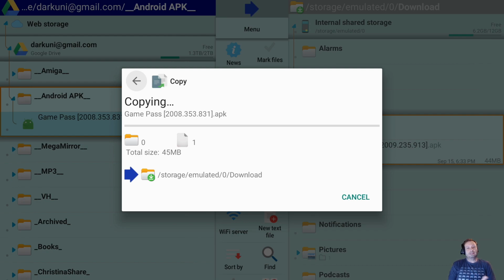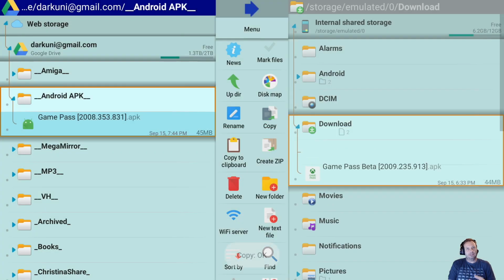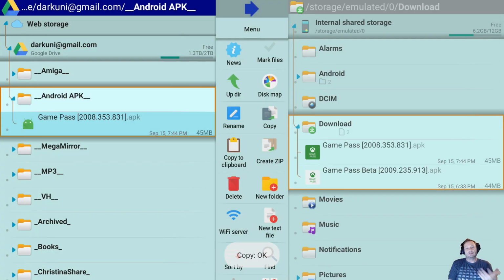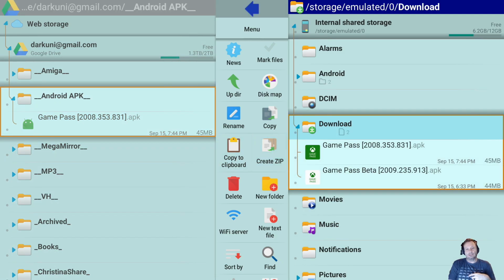Now you could have done this a majority of different ways. I mean, you could have used a USB memory stick. There's a number of different things you could have done, but in this case, this is how I choose to do it because this is really quick and easy. I mean, I'm going through the whole process, but if you have an updated APK and you need to move it over to Drive and then bring it back down to your Android TV, that takes less than a minute every time there's an update.